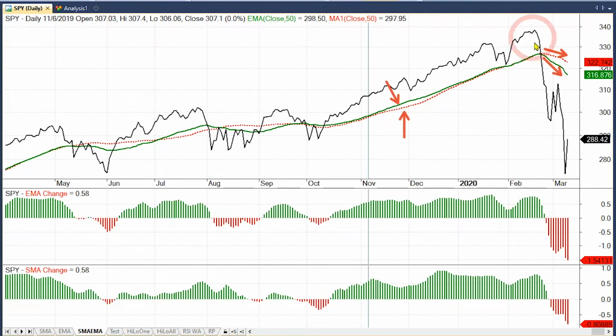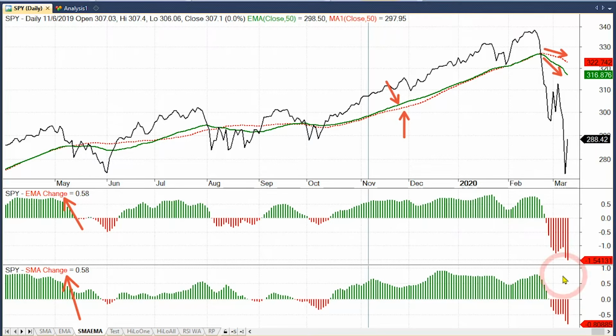And so this period here is getting more weight than this period back, say, in January and early February. And that's why the 50-day EMA has turned down so sharply. Now, to quantify that, in the indicator window, I've got the 5-day rate of change for the 50-day EMA in the top window and the 5-day rate of change for the 50-day SMA. I just created these